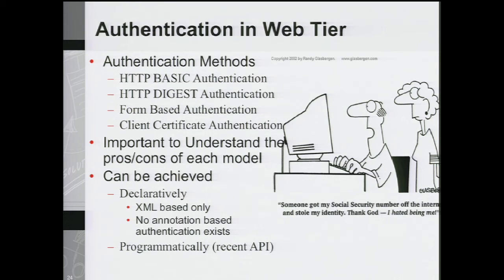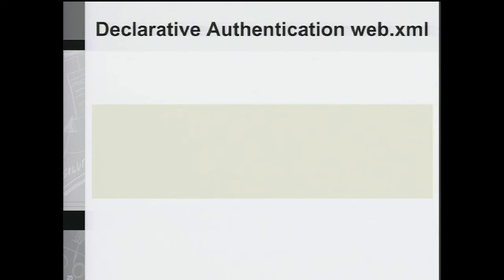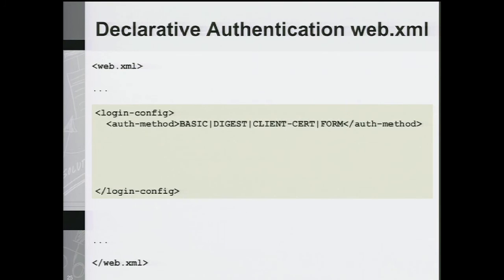Remember we said in declarative annotation, there's the Java-based versus the XML. There's really no annotation for this. It's only XML-based. So let's talk about declarative authentication in the web.xml file. You have your web.xml file. There is an entry called login config. This is all part of the Java EE spec, where there is an element called auth method,